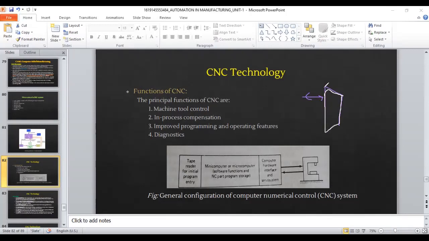Instead of a sharp tip, you have a radius there. That's what you call tool nose radius. So that radius will affect the component. Why? Can anyone point out why it will affect the dimensions of the component?